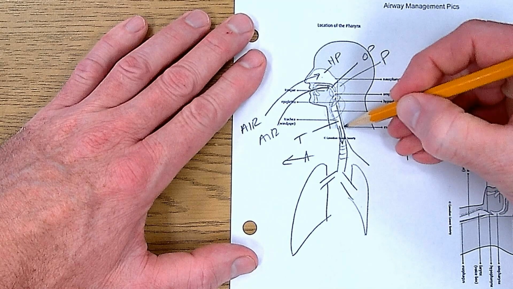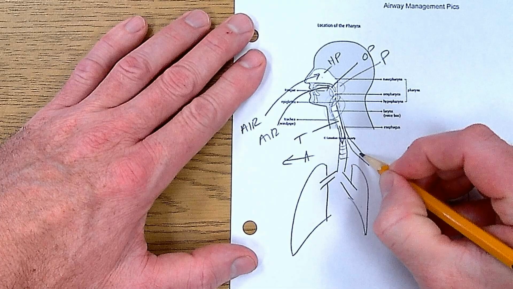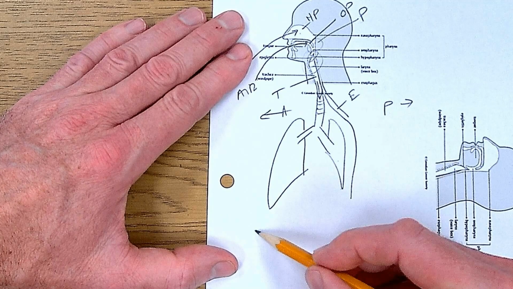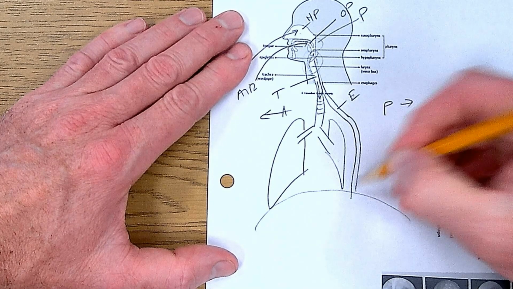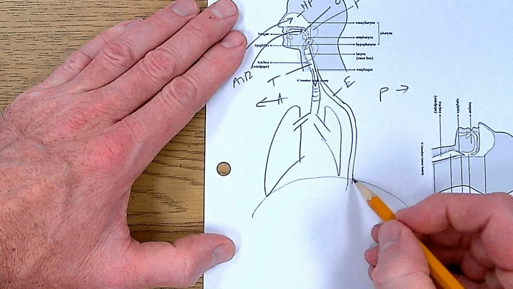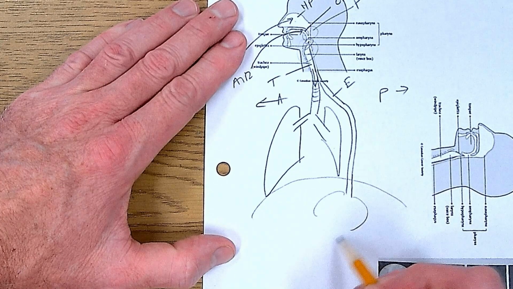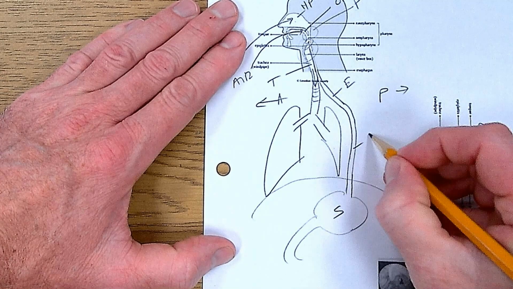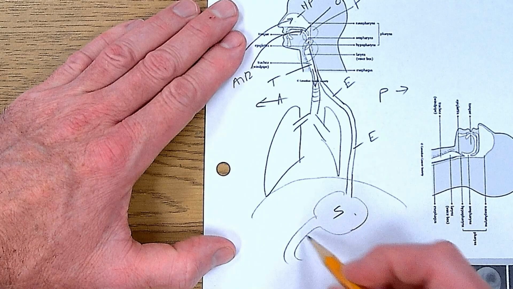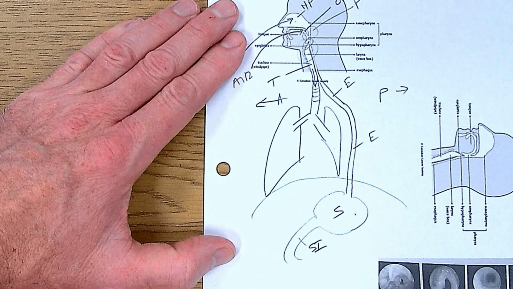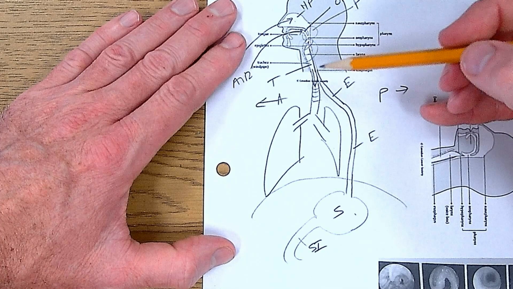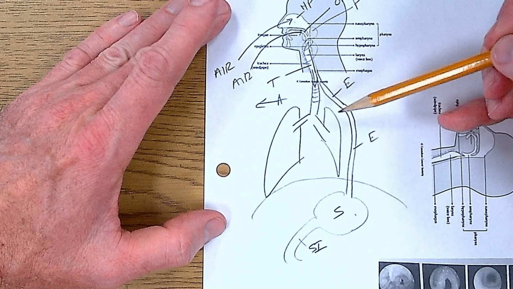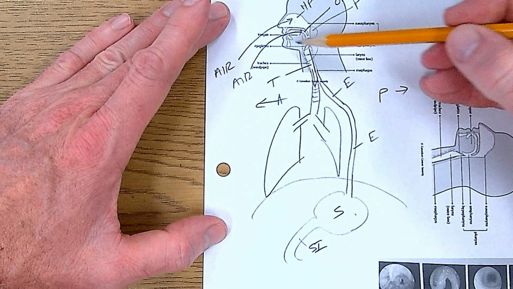Now, posterior to the trachea is the esophagus. And the esophagus goes through the diaphragm. And now we end up in the stomach. Okay, so we want food to go down the esophagus, into the stomach, and then here is the small intestine. Okay, so this is how a normally functioning, anatomically functioning human being should take in air and